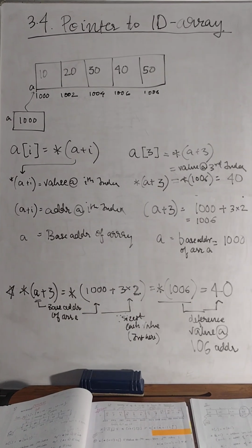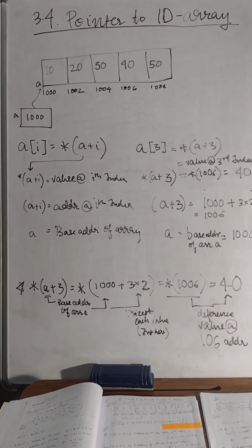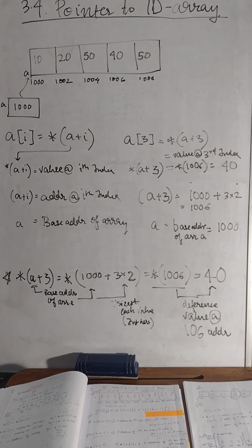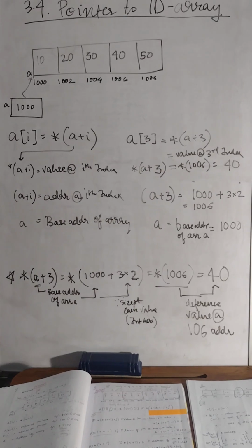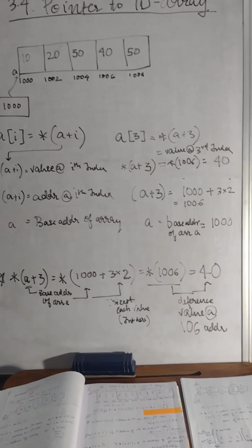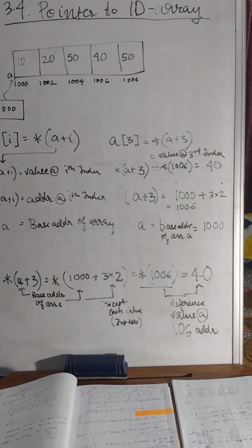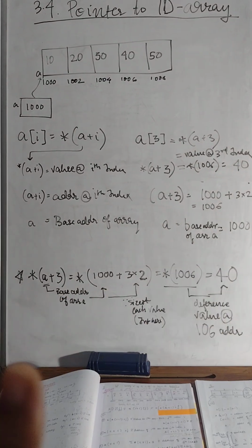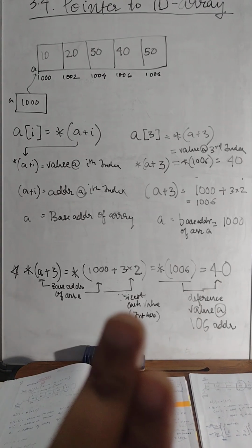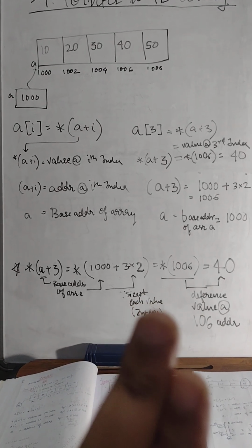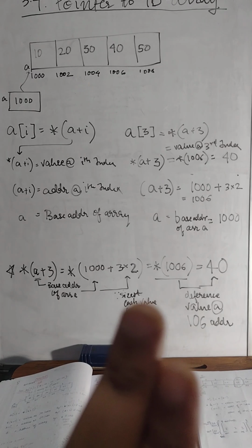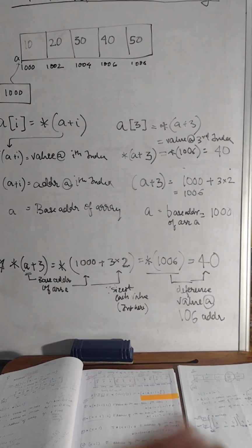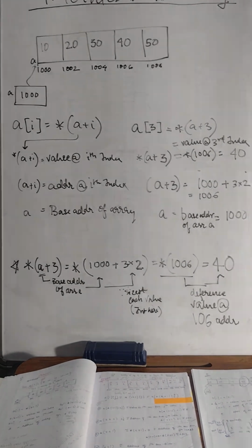After that, when we use the dereferencing pointer, we will dereference the value at the third index, that is, dereferencing the pointer at 1006 will give us 40, as we can see here that 40 is stored at 1006. So in this way we are calculating. Here I have shown that for A plus 3, first we take the base address of A and the size of each integer value, and multiply it by the index whose address we need, and then we will dereference whatever is stored at that address and get our final value.